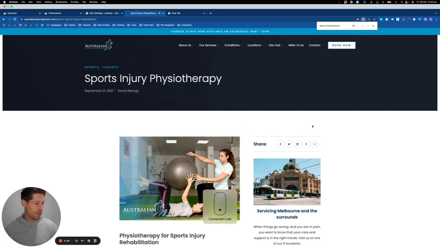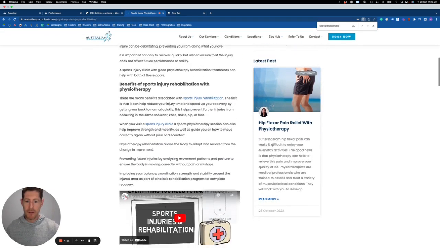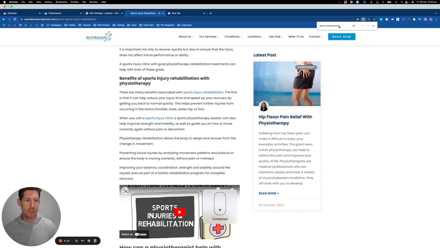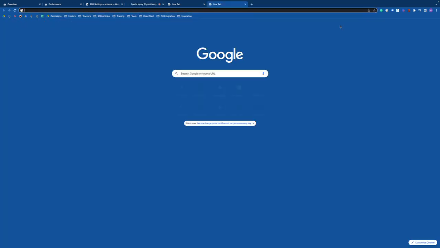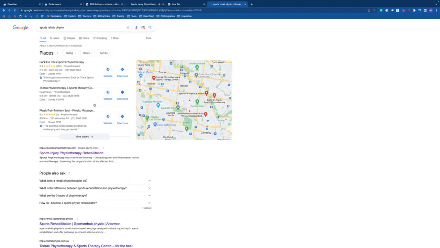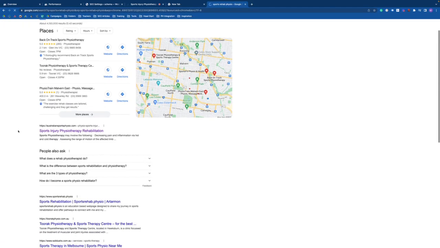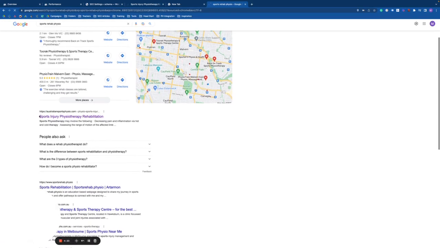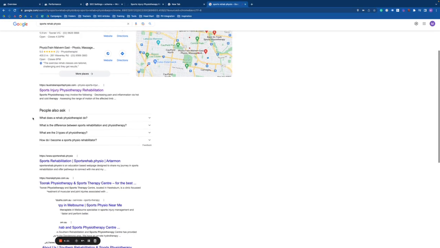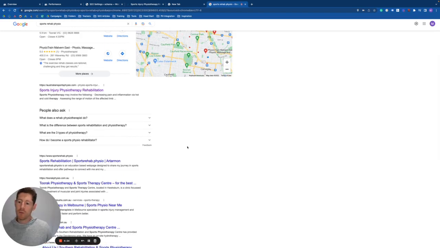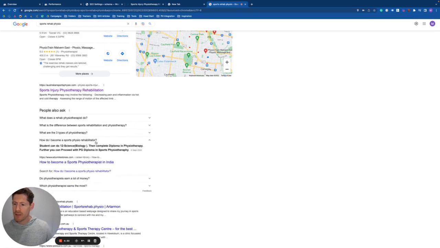So what I would then do is come over to Google. So I'm going to Google that. And let's just have a look at who's ranking. So we can see we're sort of number one. But if we weren't ranking number one and we wanted to really get to this position, then what we might do is add some more content